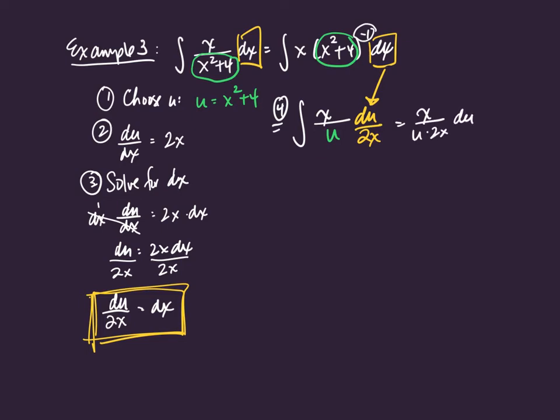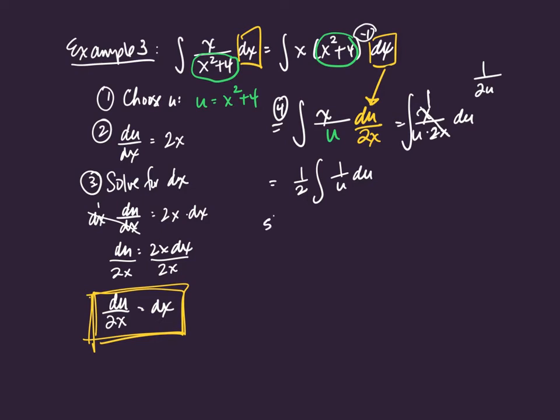right, I just slid that 2x over, multiplying fractions, right? And so the x over x is 1. Still need that integral symbol. And so this is what? 1/2 1 over u du, right? Because we've got a 1, we got a 2 left in the denominator, 1 over 2u, if you prefer. And so that's really 1/2 of 1 over u.